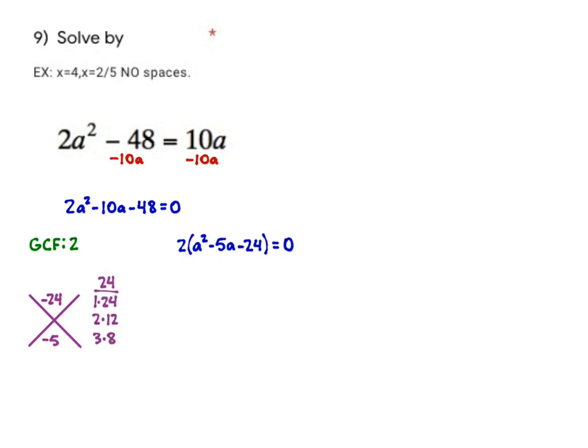We can list our factors of 24. The results are going to be 3 and 8 because we want that to add up to negative 5. So that means 8 is going to be negative, 3 is going to be positive. We're going to go ahead and expand. So we end up with a